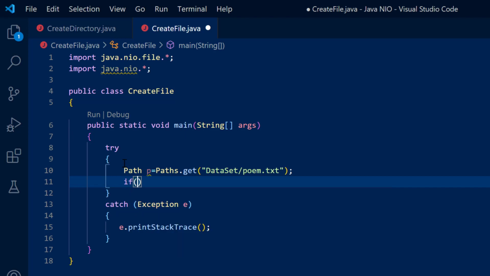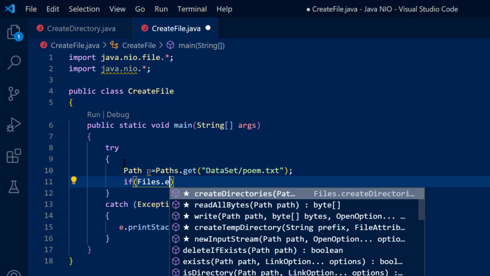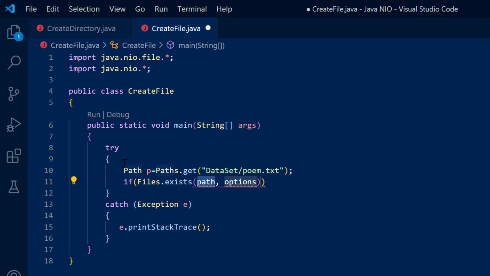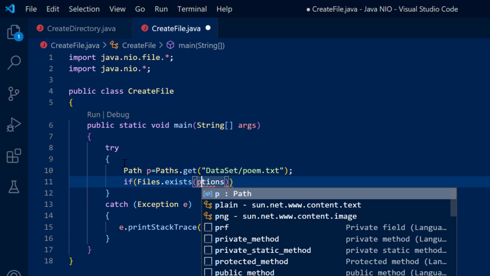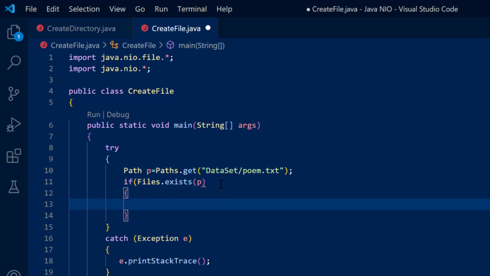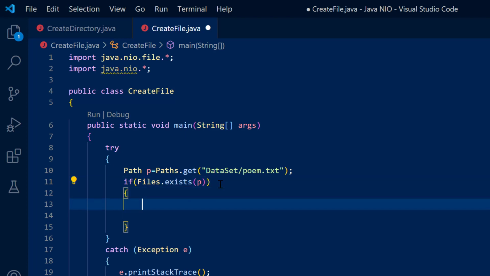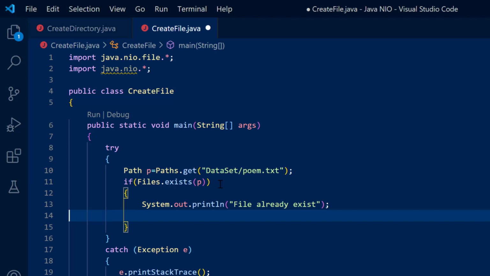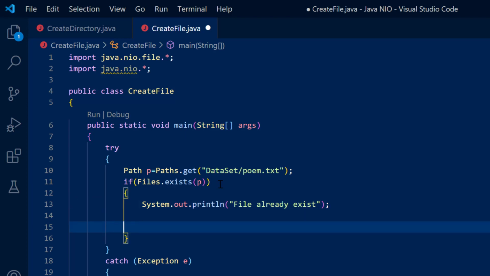And then I'm going to say if Files.exists of p. So if it exists, what I'm going to say is file already exists, I don't want to create it. So System.out.println, you can just pass the override options. So file already exists. Else, what I'm going to do now,